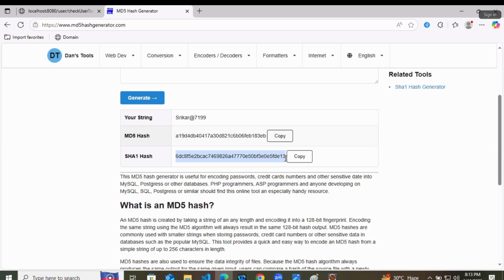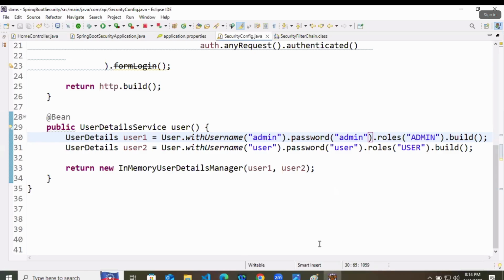Then they introduced two-factor authentication. Now you take the real password, real email ID, but a code will go to the person's mobile number or whatever the primary device is, like that. After that only, Spring started telling that you cannot use the passwords directly. You have to use something else.